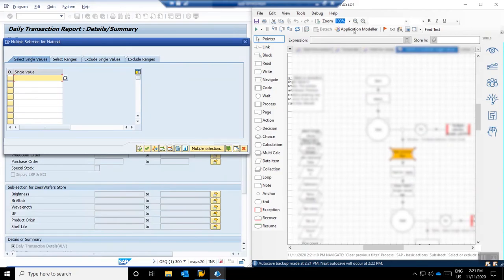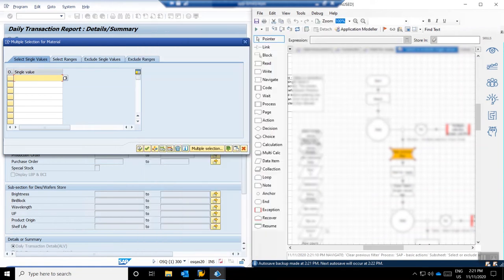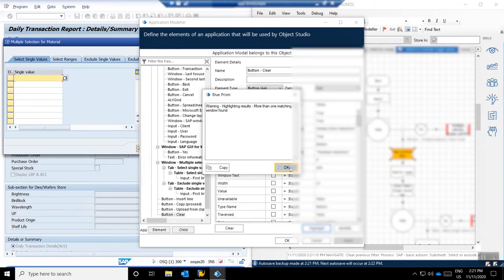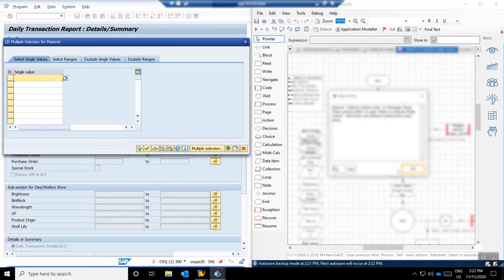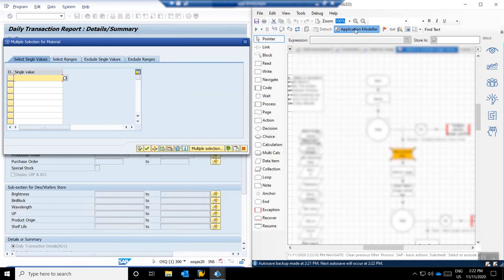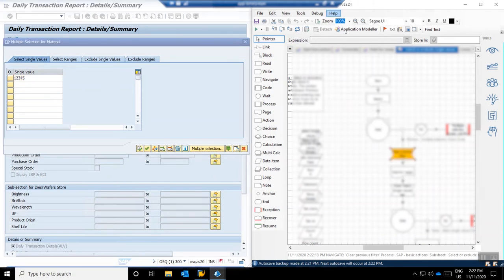When I tried to investigate more, I tried to highlight that element, and it highlights in two places. As you can see on the screen, it highlighted in two places and says more than one element was found. I was trying to run from the debugging mode and got the same issue. I was wondering what the issue is, while it is running fine from my system and not working from the VM. So I was trying to change the attributes.